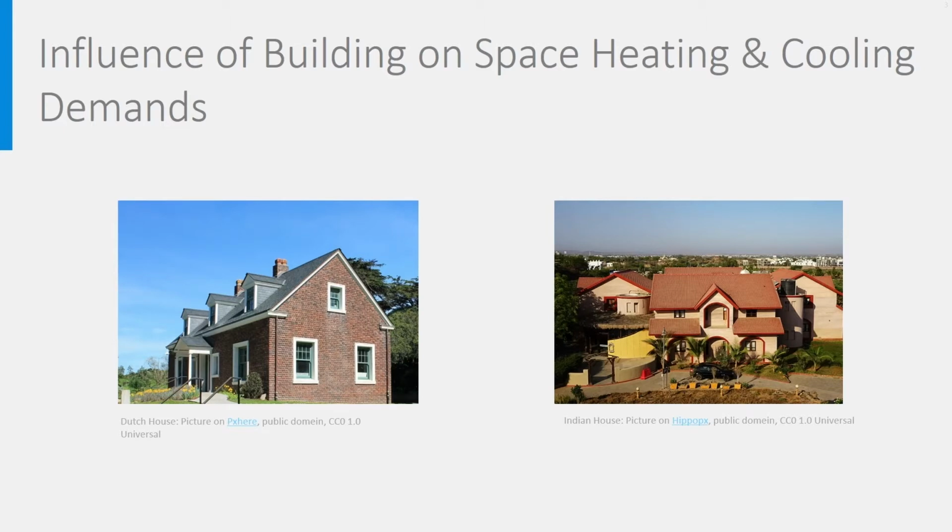Let's look at a 2 floors detached house of 10 by 7 meter with a total floor area of 140 square meter, and what its design may mean. I will show it on 2 examples of a similar house, the one being located in the Netherlands, it could look like the picture on the left, and the other one being located in India, in the region of Mumbai. It could look like the one on the right. Both houses have 35% windows on all facades, and the Indian house has also solar blinds.